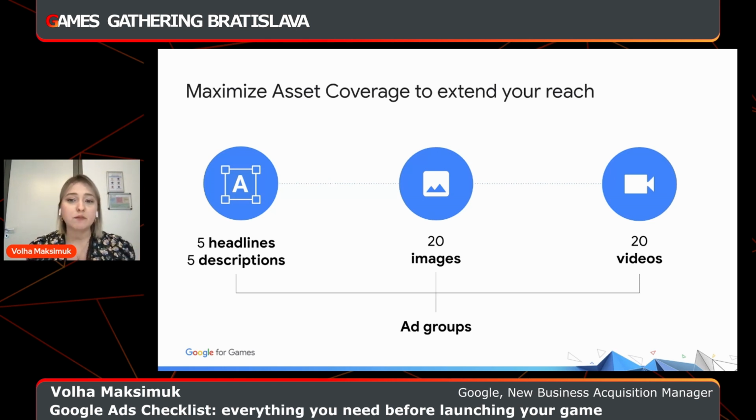It has to be a brief glimpse into your gameplay, demonstrate that it is easy to use, intrigue your user, intrigue your player. You can do it with all three of those. The text ads with 5 headlines and 5 descriptions: something engaging, something that intrigues me, gives me a hook, makes me immediately go and try it out and see what I can get out of it. This is your key. When it comes to images, 20 images, the images should be aligned with your goals.